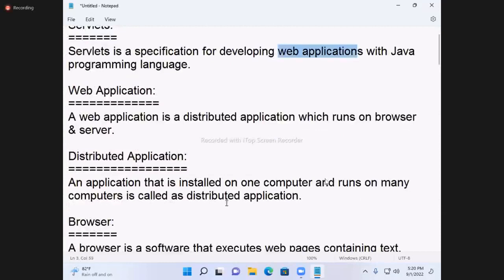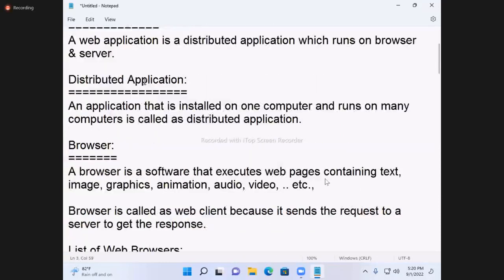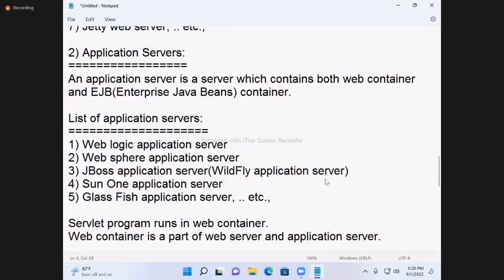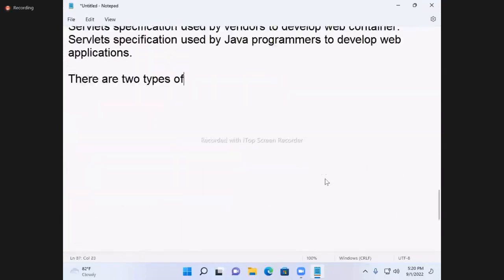Next. First I'll give notes, later I'll explain, write it. There are two types of web applications.